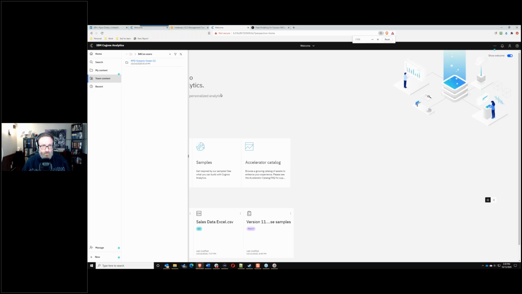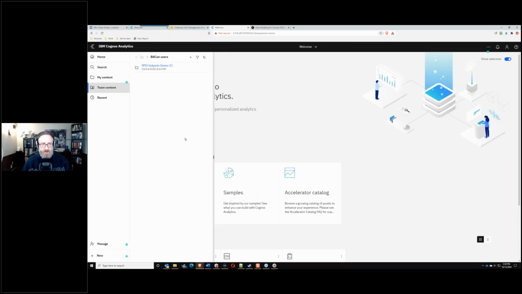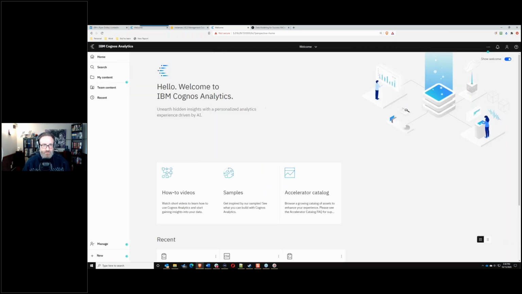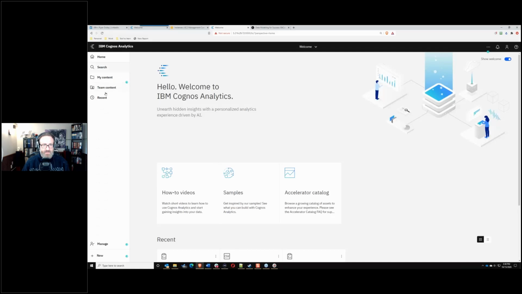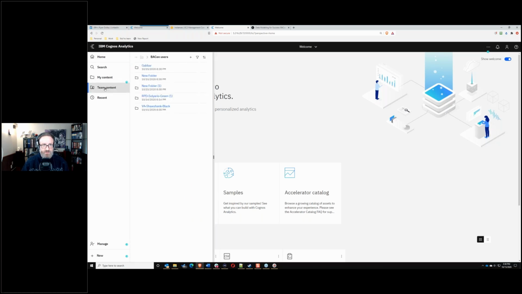So when you go to the environment, I know some of you in the audience are maybe not as familiar with Cognos, so when you log in, what you're gonna see is this Team Content here, okay? That's the kind of the folders where all the publicly available Cognos content is gonna be. I'm gonna want you to expand that, okay? And then look in Bacon Users, and then click this plus button right here,